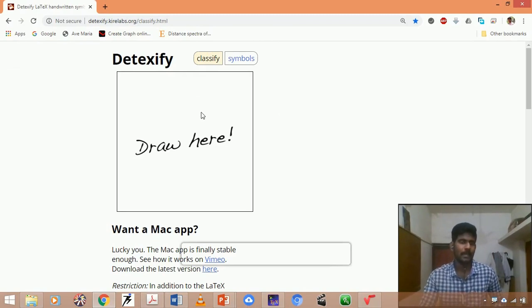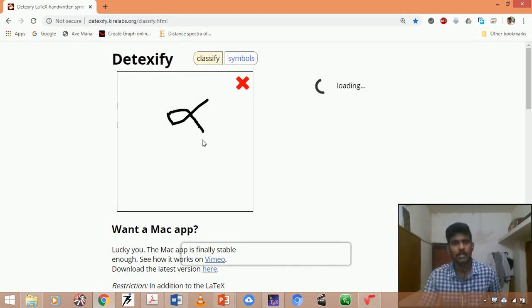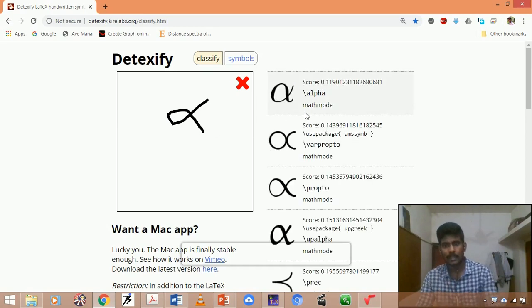For example, if I want the LaTeX code of alpha, simply by using the mouse I can draw like this, and instantly I get the respective code on the right-hand side. Simply I can copy the code and paste it in your TeXstudio.